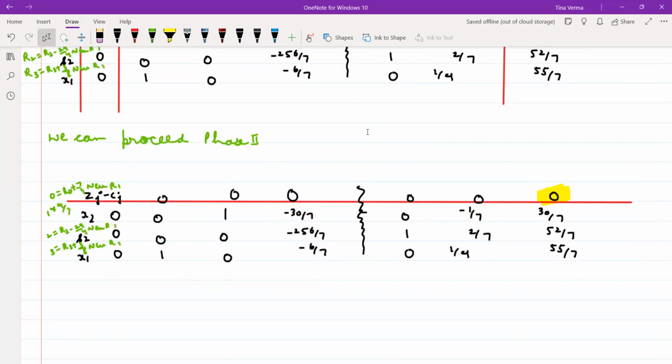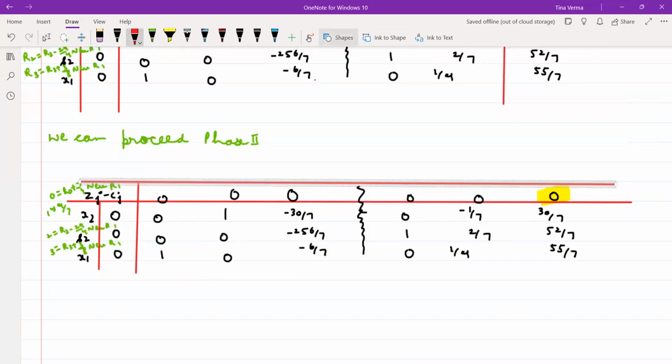And now when we got this table, when you obtain this table, obviously when your artificial variable is not present,